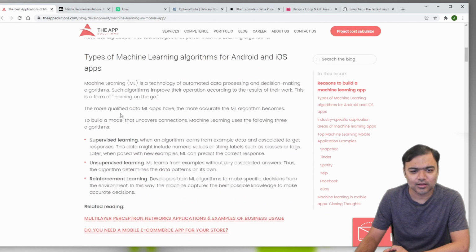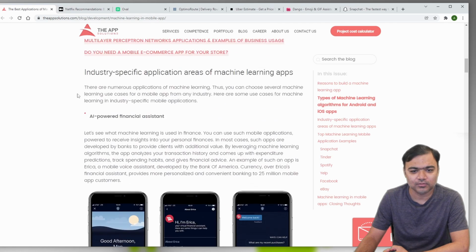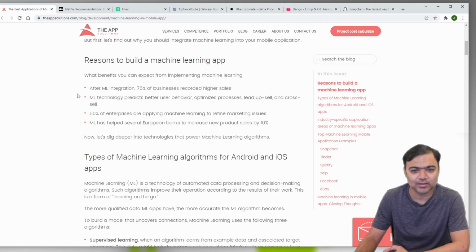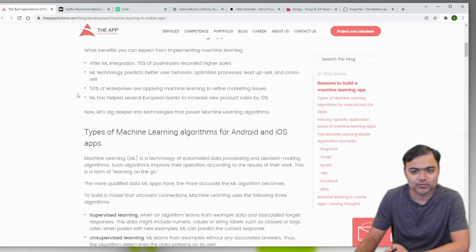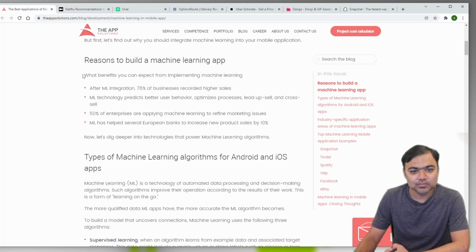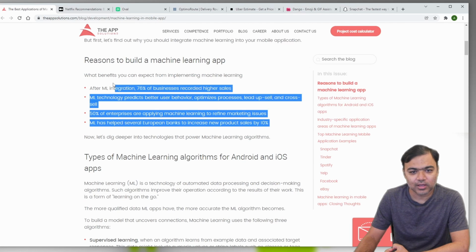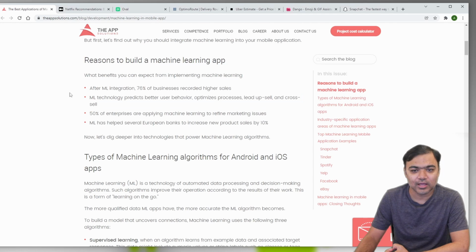So let's start. They have a little bit of preface where they explain the terms, but I believe most of us are aware of it. But this is the part that might interest you: how ML, or machine learning, has benefited these companies. After ML integration, 76% of businesses recorded higher sales.